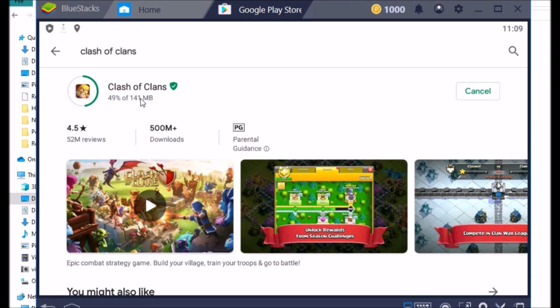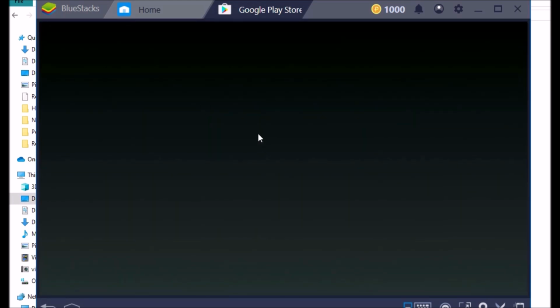It looks similar to your mobile phone. So the download is about to complete. So here we go. The installation is done. I'm opening that.